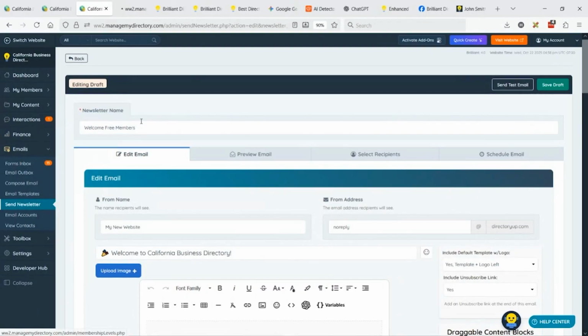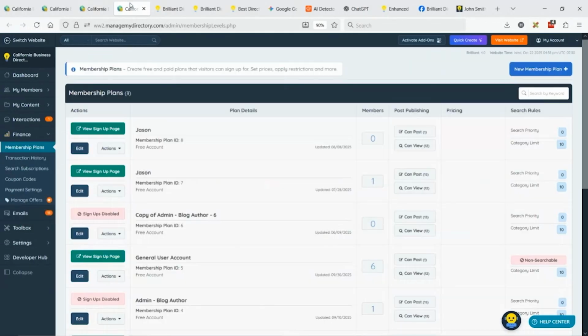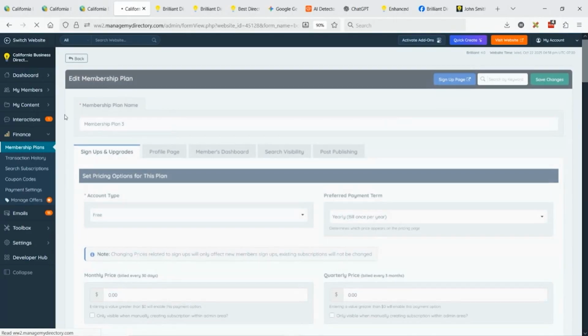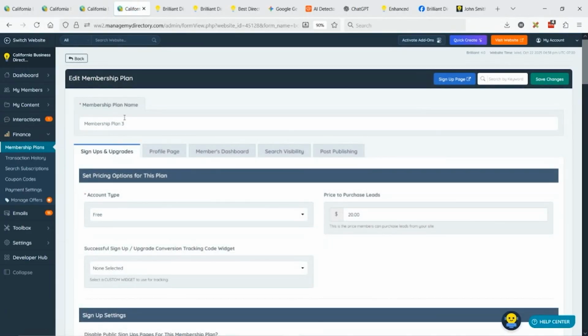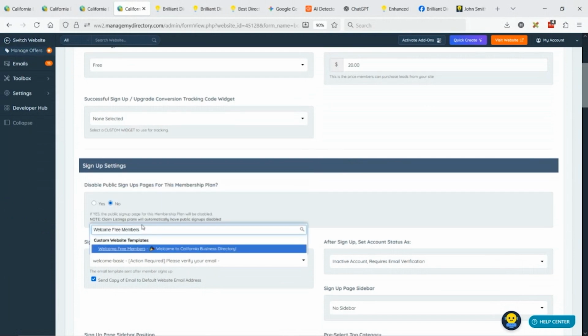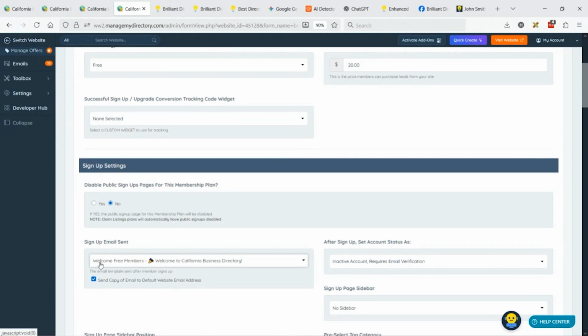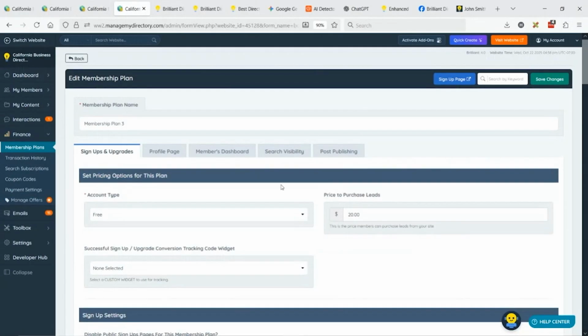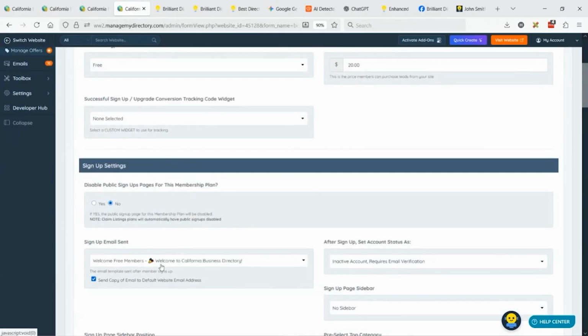If we go to the membership plan, I haven't tested this yet. I don't know if it allows you to choose what our quote unquote newsletter emails, because it is technically a template. But if we go to our free account membership plan, under finance membership plans, I'm editing the membership plan. If you didn't know, you can choose what email goes out. So let's look for this one. And here it is. So we can have this one go out when people sign up. Welcome free members. That's the one we just created. And I'll go ahead and save the changes. And there we have it. So when someone signs up, you don't actually have to send this one now, but now when somebody signs up, they'll be sent this welcome free members